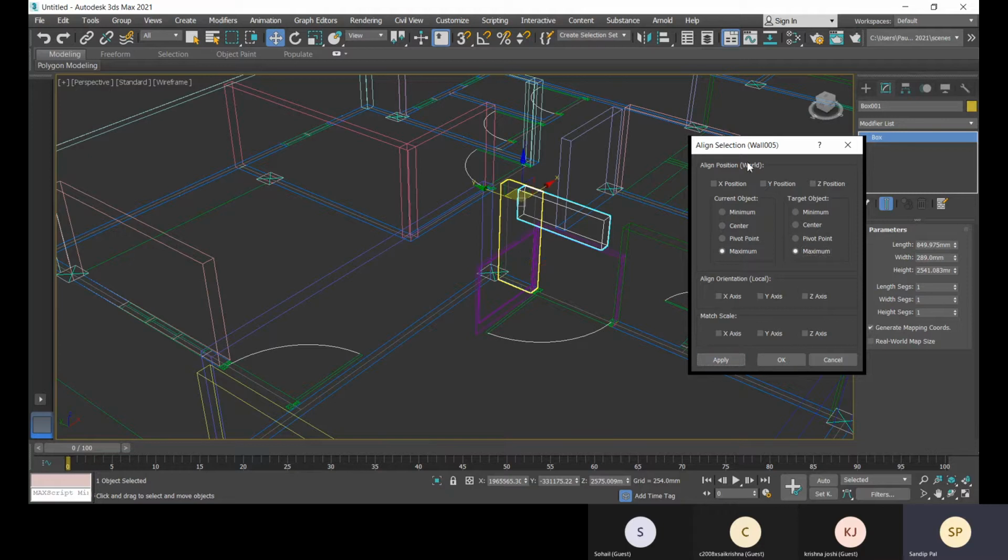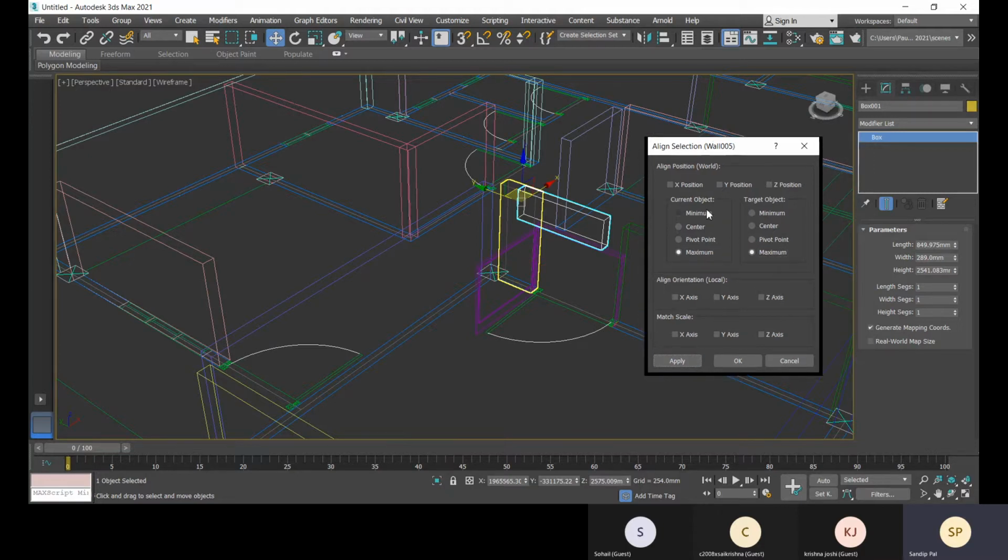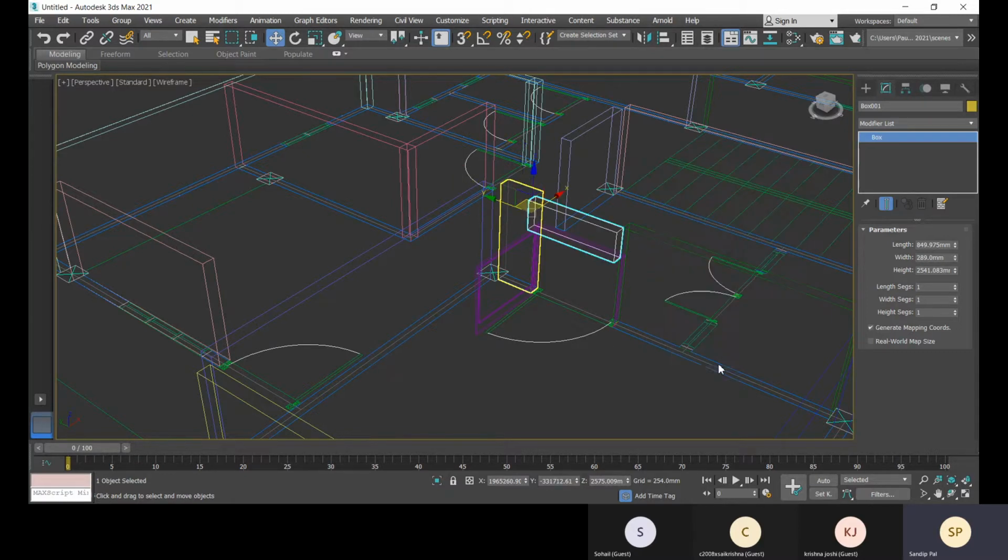Click apply, and now again the Y position or the X position will be aligned with the minimum with maximum. Let's apply.